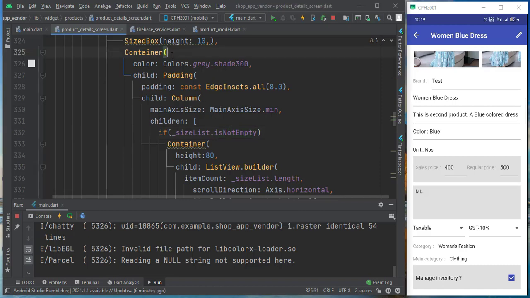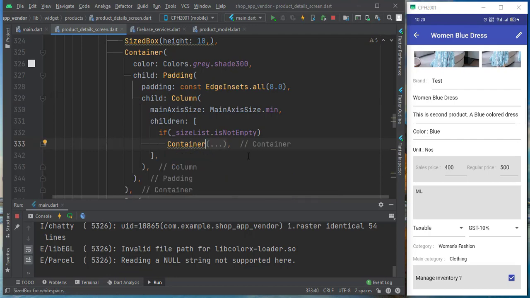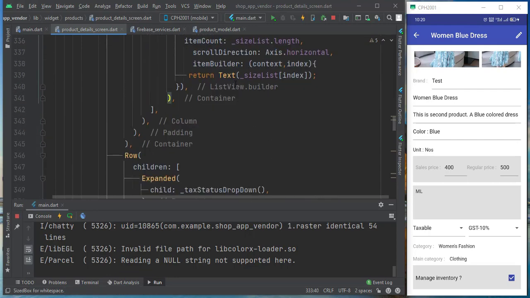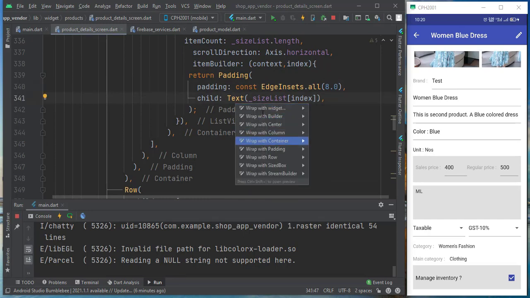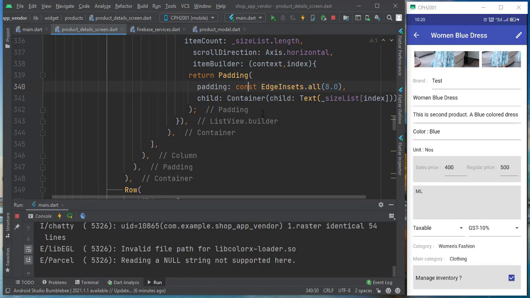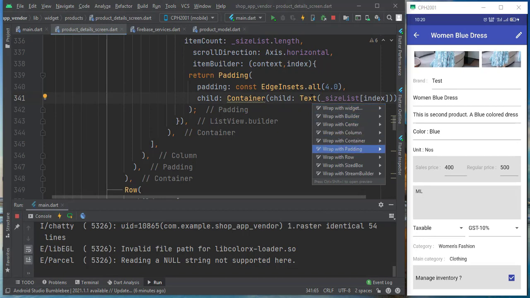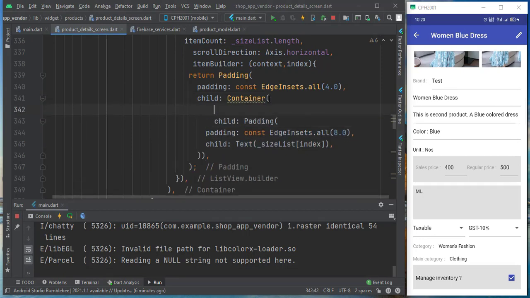Okay, so we have now a container. Its color is gray. Inside that a column. The first child we have given the size list. The size list is showing in a text here. It is actually medium and large, right? So we want to give a padding. We want to bring this text inside a container. Here you can give a padding of 4, and inside this container you can give the text a padding. Container you can give a color of amber, and